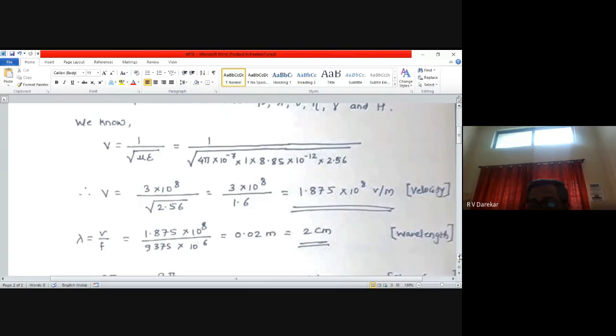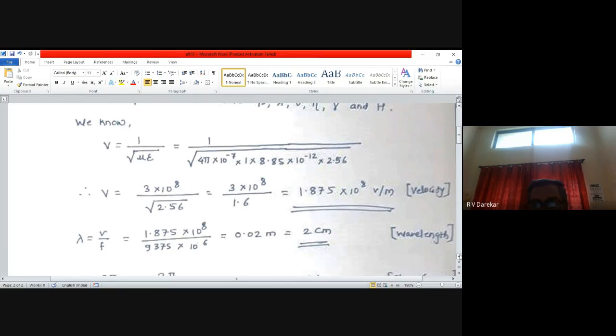Now, what is this? Lambda is equal to 2 centimeter. We have to assume that it is a value 2 centimeter, means its wavelength is 2 centimeter, means after 2 centimeter the wave is repeating continuously. We can consider the wavelength of the wave. 2 centimeter is nothing but a distance which is less than 1 inch. Am I right? Therefore, a small distance can be considered to be wavelength, and this wave is being propagated in air.